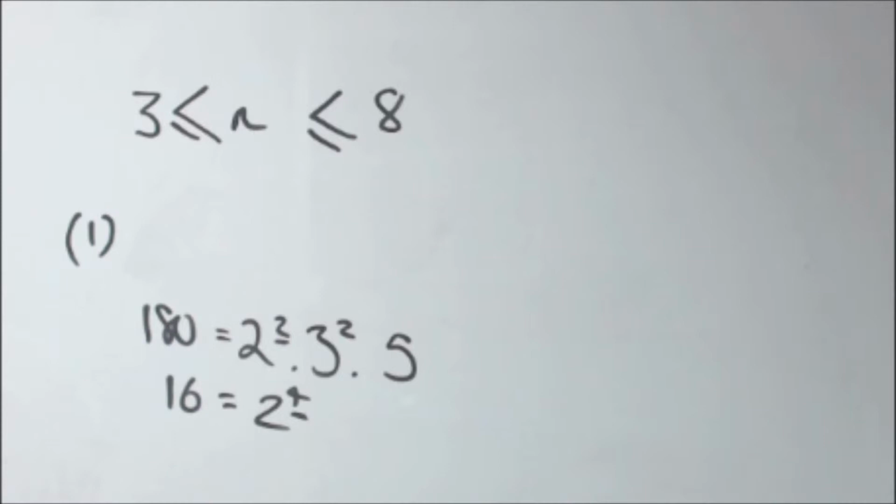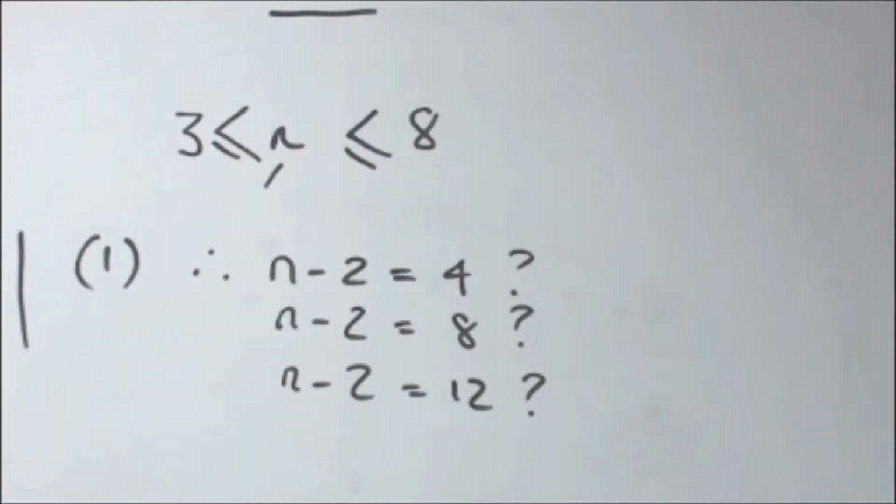So if you're not sure about what we just did there, pause the video, consider what prime factors we have in 180, and then consider what prime factors we have in the 16. Realize that divisibility means that the extra missing prime factors, in this case at least 2 to the power 2, must be inside the n minus 2 because they're not contained in the 180, and that is the actual core to this particular question, which